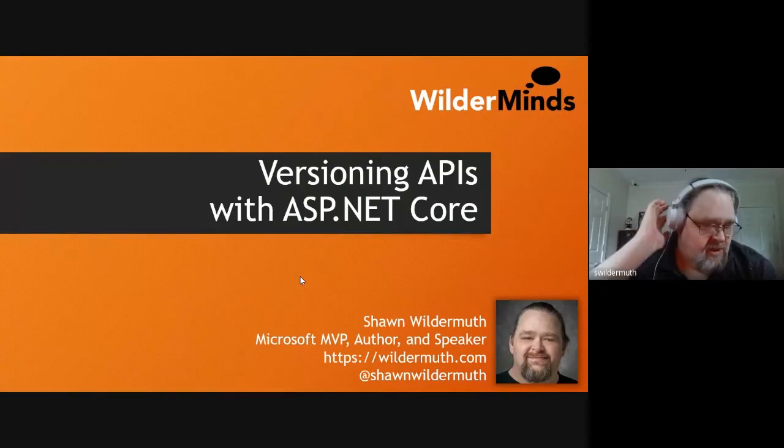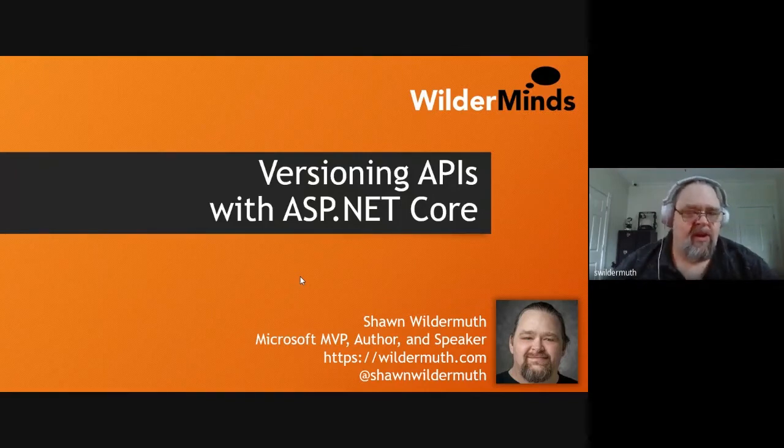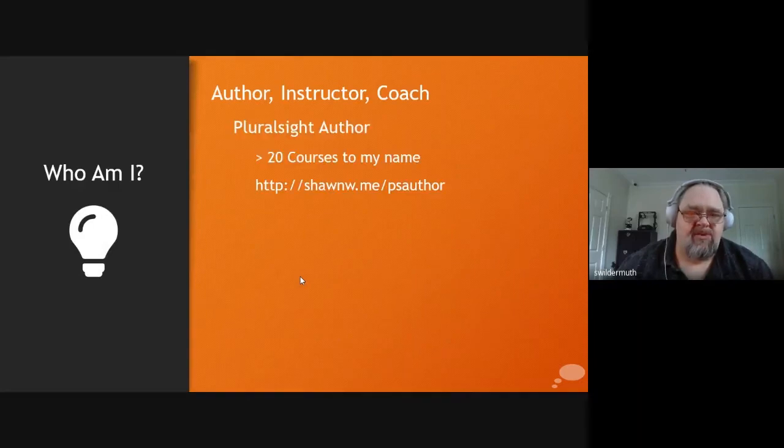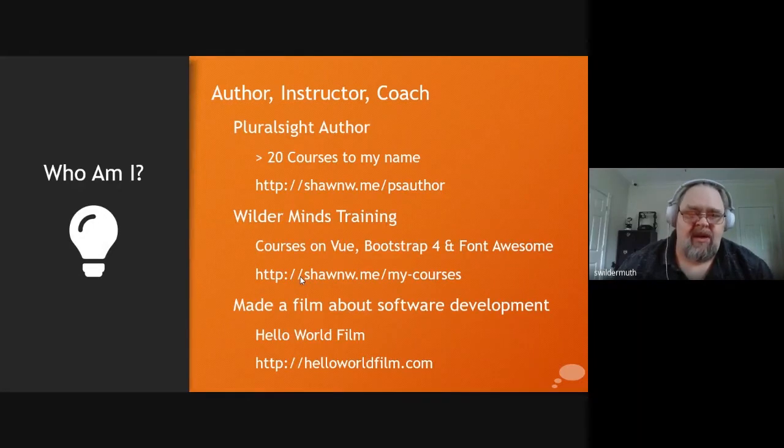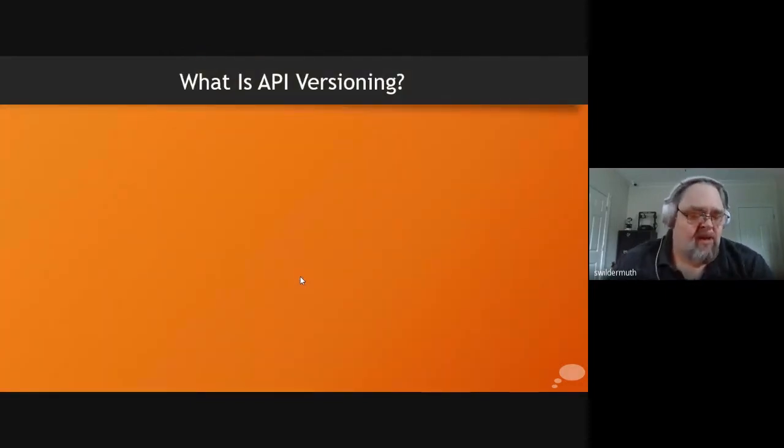Today we're going to talk about versioning of APIs in ASP.NET Core, though a lot of what I'm going to talk about will also apply to ASP.NET if you're still working on the framework and not in Core projects, though my demo will be in Core. Most everything I'm going to talk about is supported in both platforms. Before we get started, he sort of talked about who I was. I'll just leave that up for a minute because that's not that important. And I want to dive in, since we only have about 30 or 40 minutes, to talk about